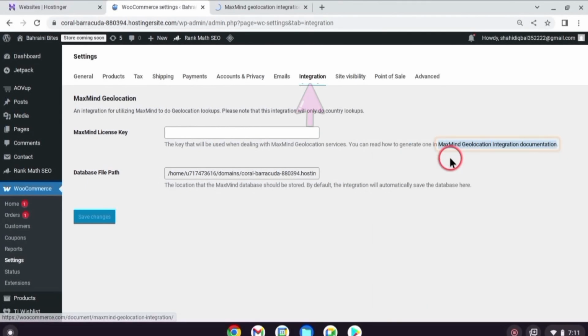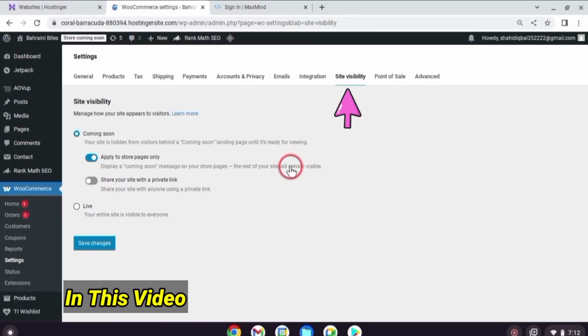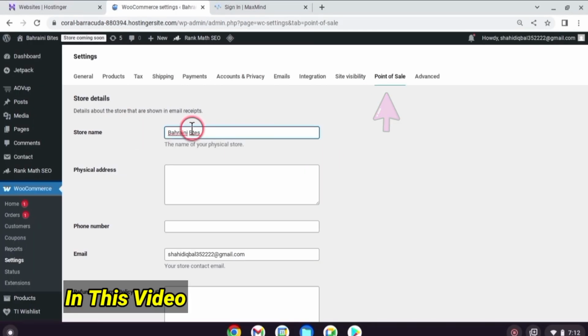So we learned how to set up integration with MaxMind, control site visibility, add point of sale details, and configure